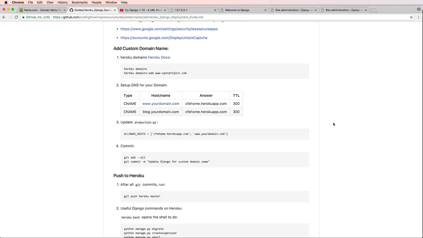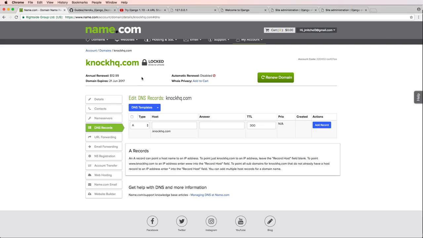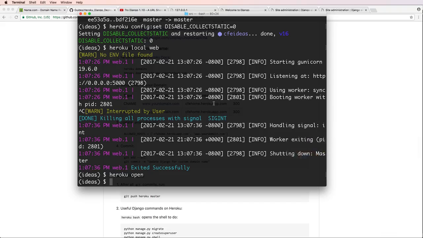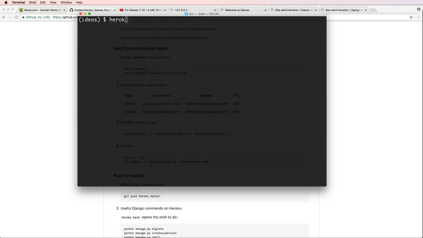All right, so in this one, we are going to be setting up our custom domain name on Heroku. To do this, it's fairly straightforward as far as adding it and updating your settings. So let's just go ahead and do it. I'm going to do it using a domain name called knockhq. Now, do keep in mind that this might not be the domain name that it's going to be later. But I do want to actually add Heroku Domains, add